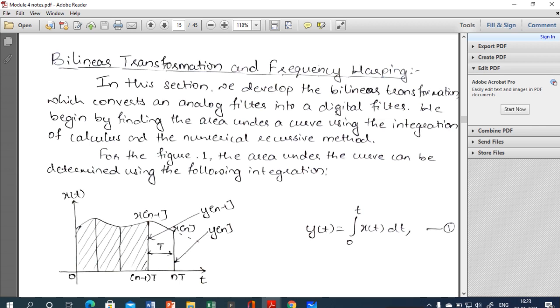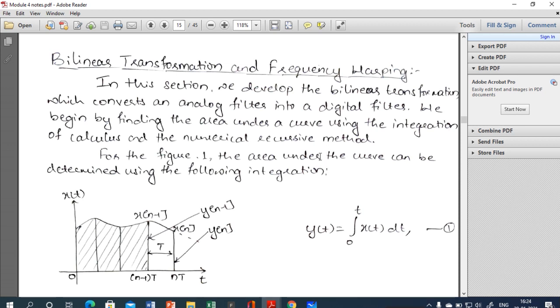Because of this, here we have to derive a small derivation so that I can use that derivation in solving the problems. So in this topic, I will use two types of transformations. One is Laplace transform and the second is Z transform. When I say Laplace transform, the variable used is s. When I say the Z transform, the variable used is z. So now, how to find this equation which can be used in solving the problems?